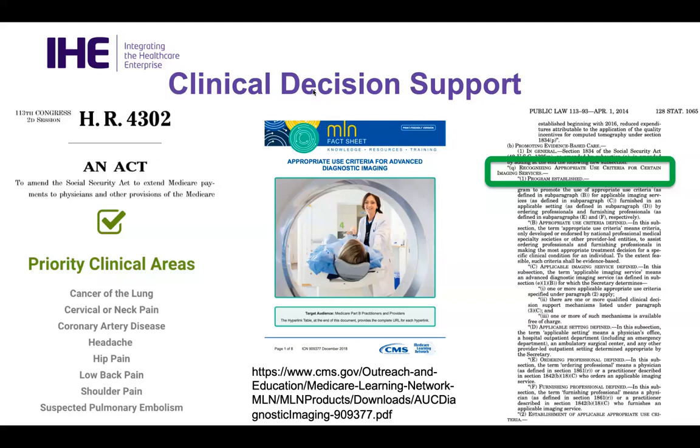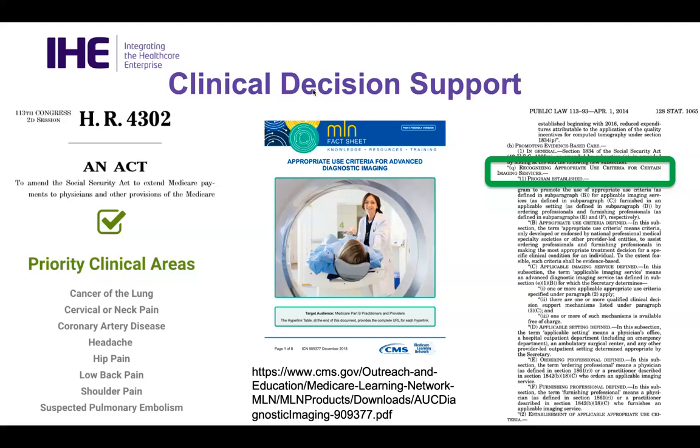The way this is going to be done is integrated into electronic health records and other methods of ordering studies. It will be a system where you pick a procedure, let's say a CT of the cervical spine without contrast, and a specific structured indication, radiculopathy or neck pain or something like that. And then a message goes out via web services or some other method, bumps up those two items, the procedure and the reason for exam, against the appropriateness guidelines that are put out